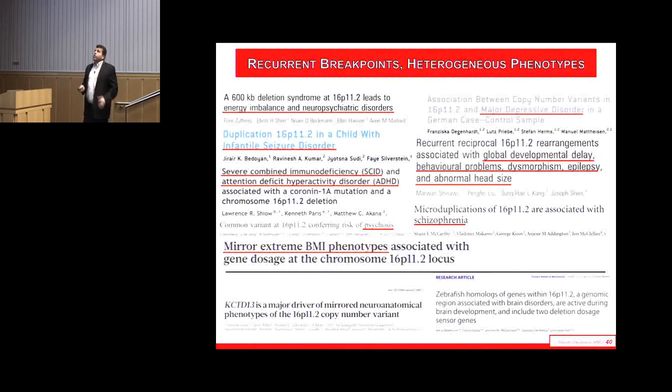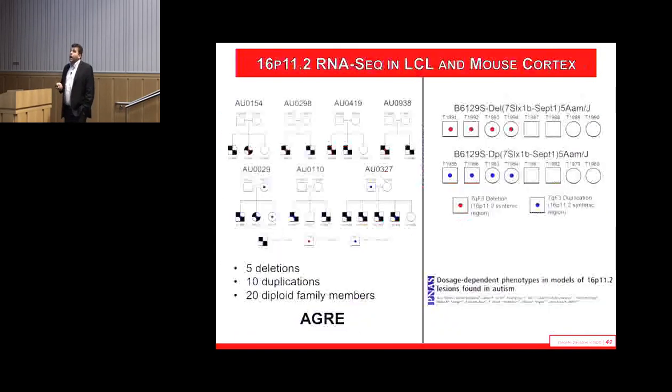And yet, despite the recurrent breakpoints of 16p11, this is one of the most heterogeneous phenotypes that we have with strong effect genes in neurodevelopment. In fact, it's been associated with neurodevelopmental abnormalities, autism, schizophrenia, other neuropsychiatric disorders, as well as BMI, obesity, and various anthropometric traits. We did some work in zebrafish in this paper published in Nature a couple years ago with Nico Katsanis, where they knocked down every gene in the region in zebrafish and found a strong effect driver of neuroanatomical phenotypes. But we wanted to ask the question, genome-wide, what does the transcriptome look like associated with a CNV?